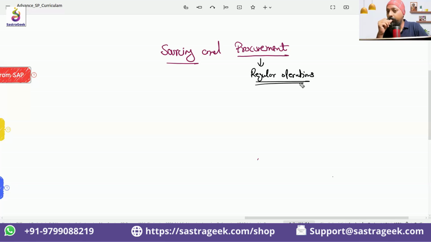Think about a company that produces juice bottles. So they need to procure the juice concentrate. They need to procure bottles. They need to procure caps. They need to procure labels. So juice concentrate, bottles, caps, labels, these are things they need to procure. They need to buy them, right? So when they need to buy all of these things,